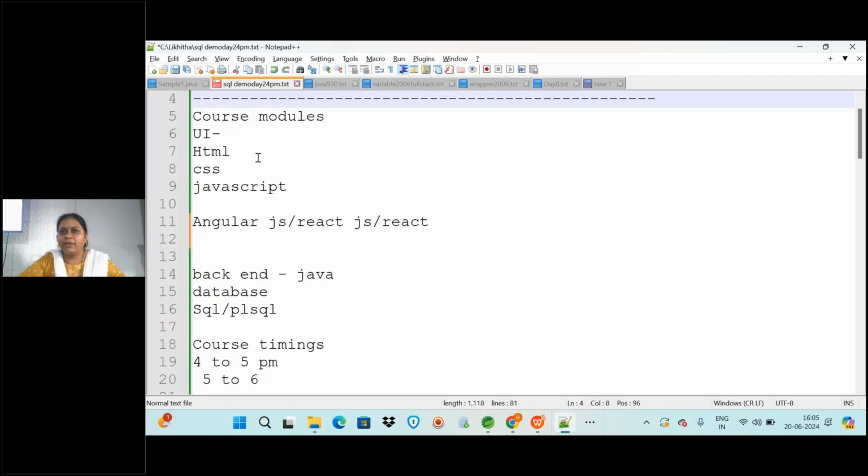So do we require something to install for executing HTML? No, you can execute it with Notepad. But still, those who already know any programming language might know some IDEs like Eclipse and all. There also you can execute. Or there is something called the Visual Studio application that you can also install and work with HTML.